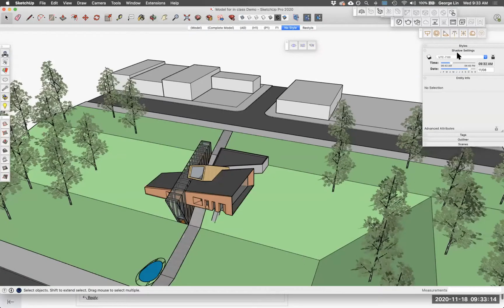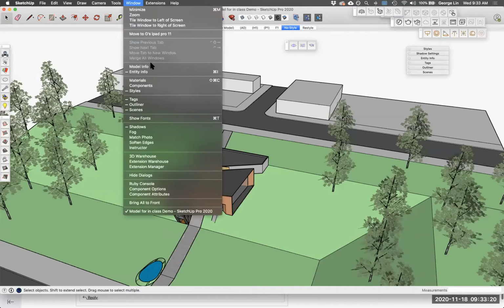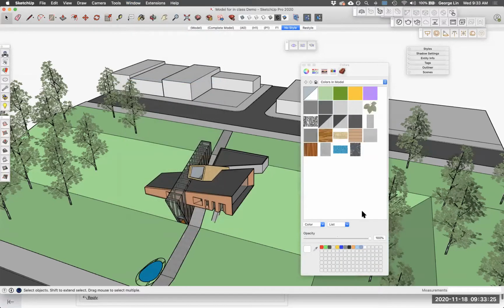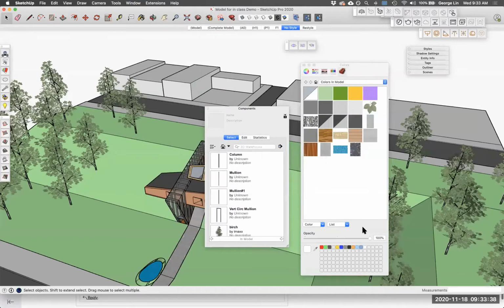Obviously, to make sure your file is always running smooth and fast, I always recommend my students to do a couple of things. One is, if you have materials that you aren't using, you should click on lists and purge anything unused. For the PC folks, it looks a little bit different. I think I can demonstrate it by using this component. So for the PC folks, there's a button similar to this components panel, like this icon right here, right? There's one somewhere like here for colors or materials, and you can click on it and you can hit purge